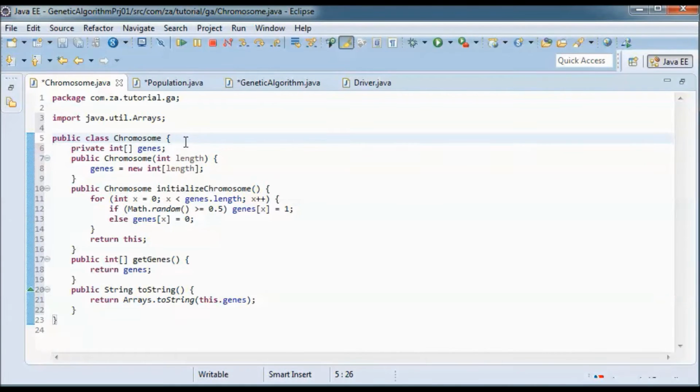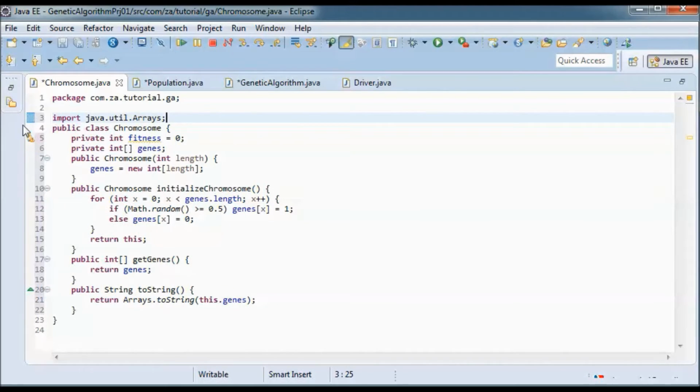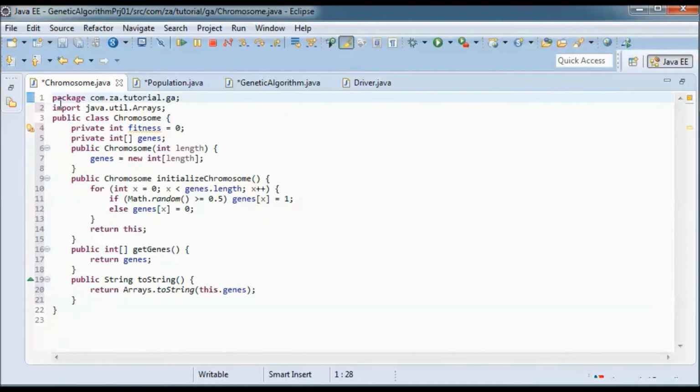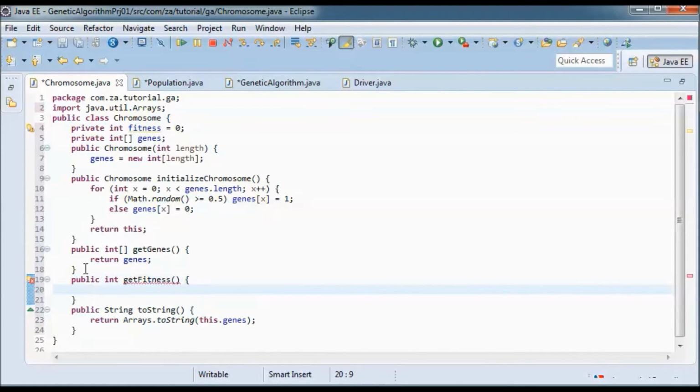And let me define fitness representing the fitness of this chromosome, and a get fitness method that returns this fitness. And I want a method that determines the chromosome fitness by comparing it to the target chromosome. So let's define this method,